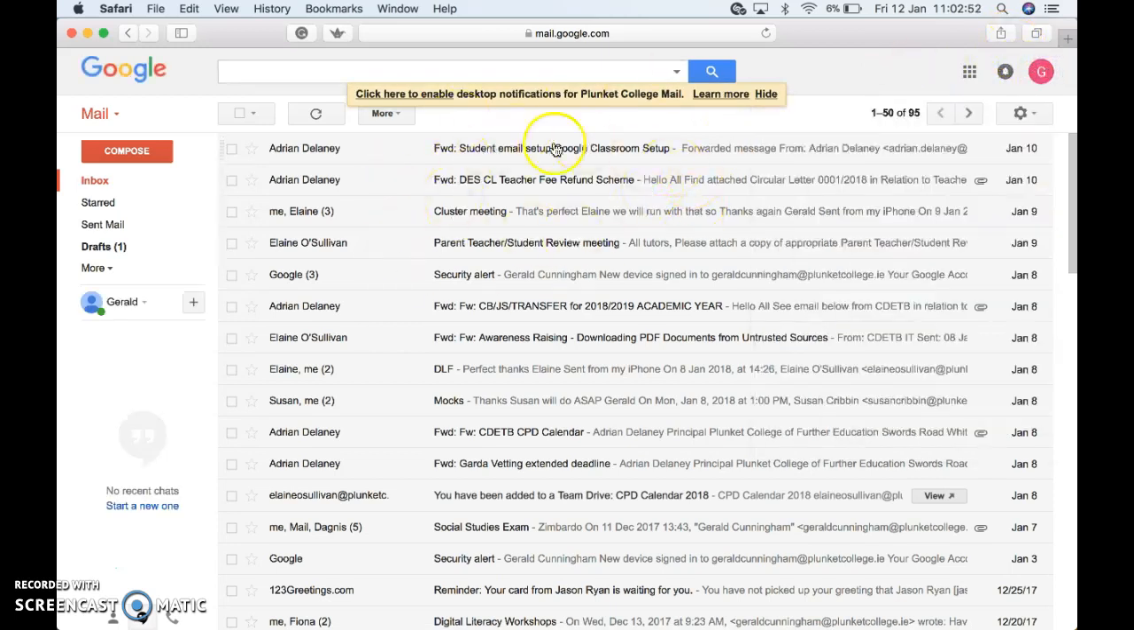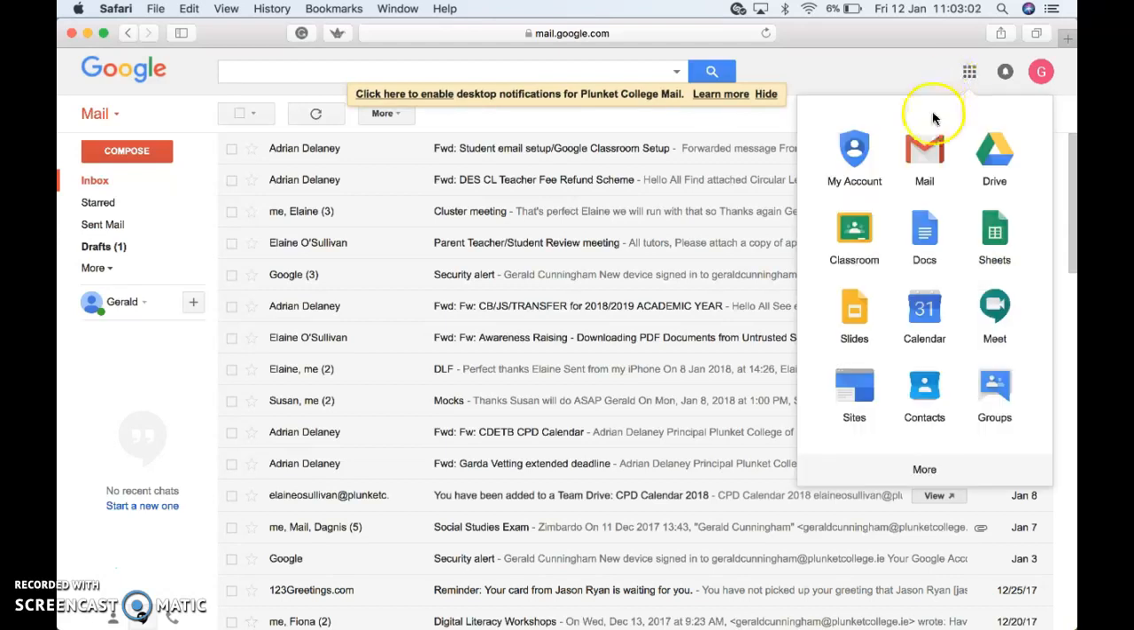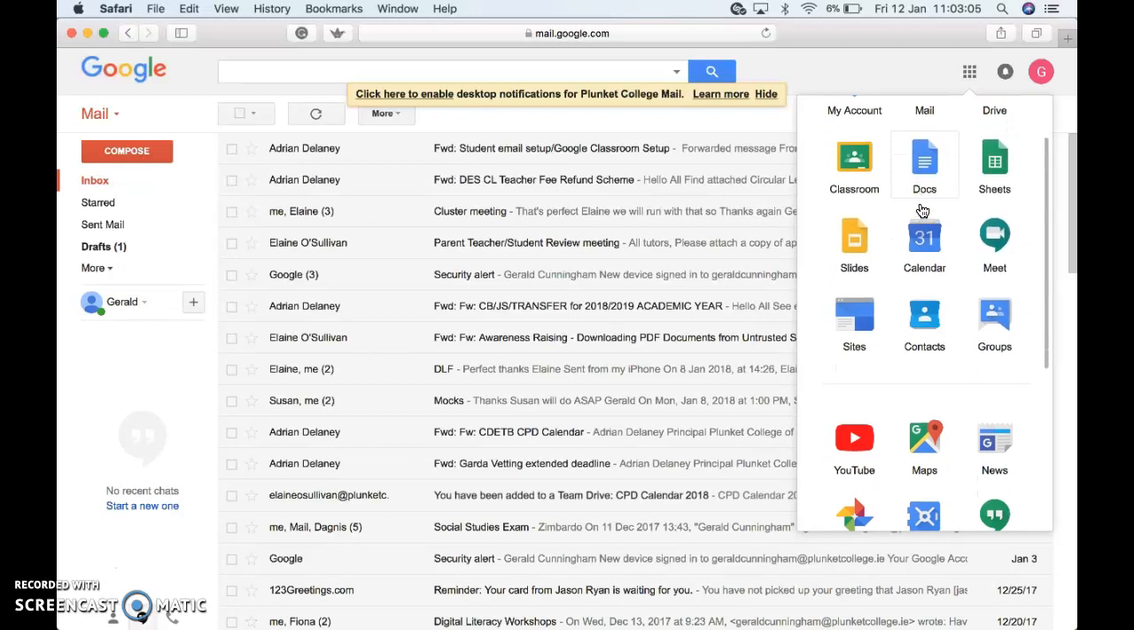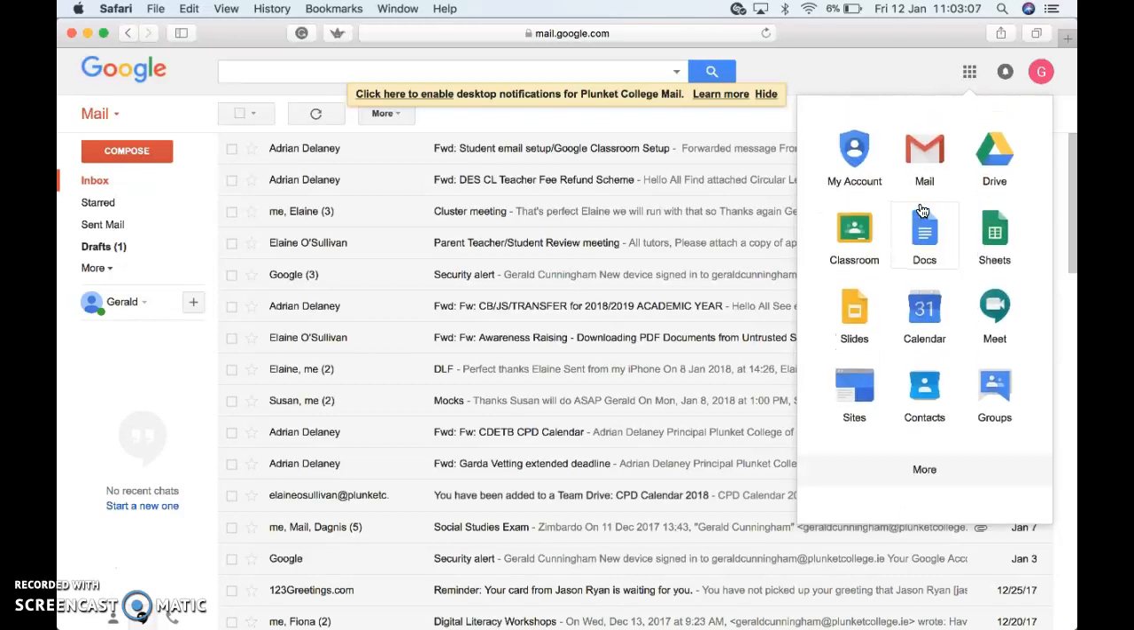When you sign into your account, go to the top right hand corner to these 9 squares called Google Apps. Click on them, and this is your entire G Suite, and we'll get through them eventually, but just click on Drive